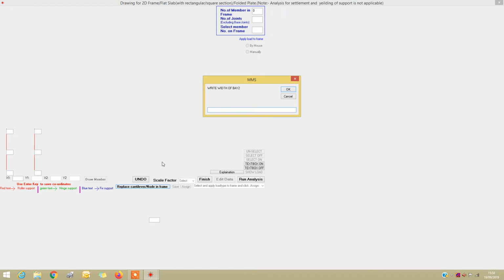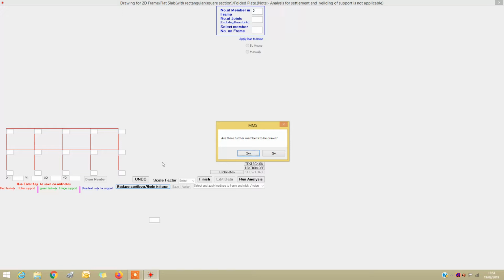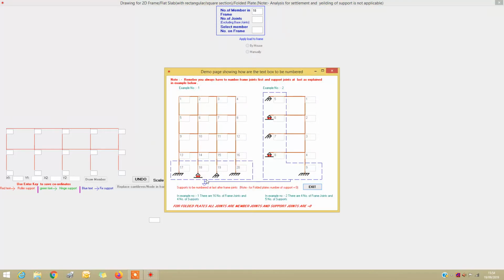Press enter. Always press enter after writing the value in the text box. Okay, 4 meters, 4 meters, and 4 meters. So no further members are to be drawn. Okay, so just click command. This shows how